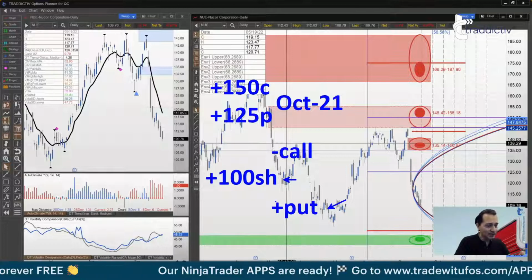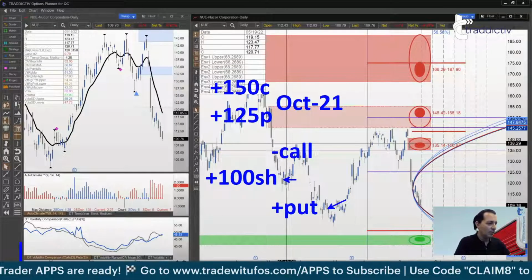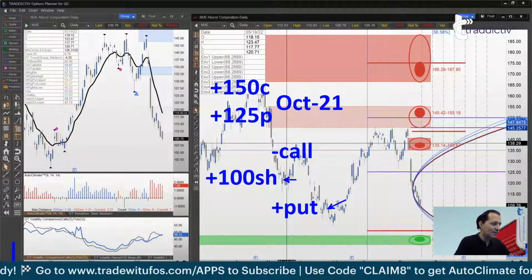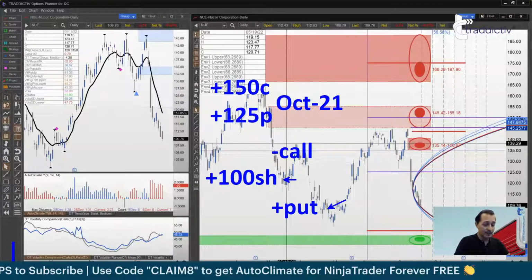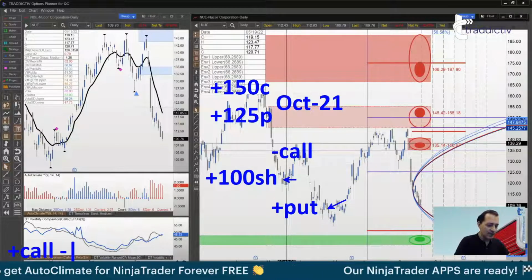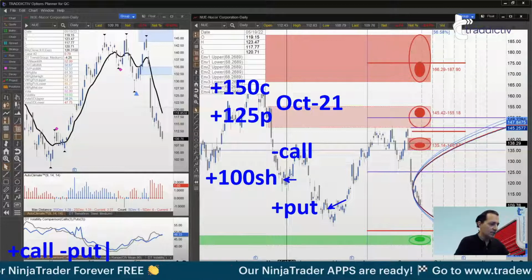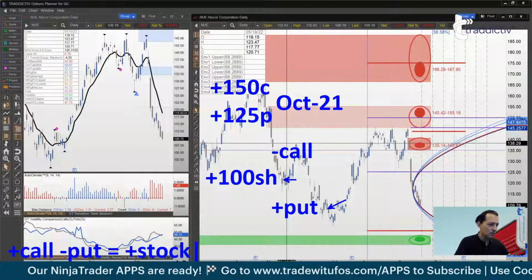But at the same time, I want to play a bit with options equivalency here. So if I go back, and this is a little bit of a lecture, but I have to. We talked about that in prior sessions: what is the effect of buying a call and selling a put together? This is known as a synthetic. So this is equivalent to being long stock, right?